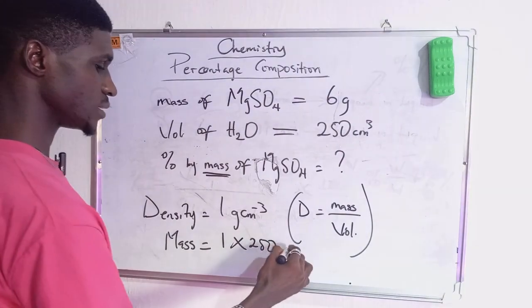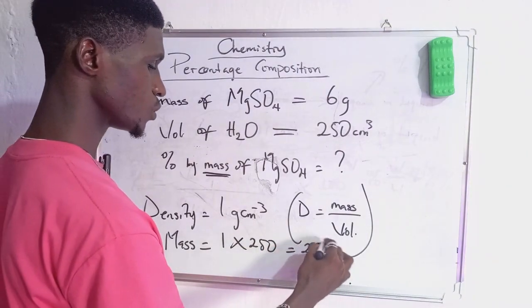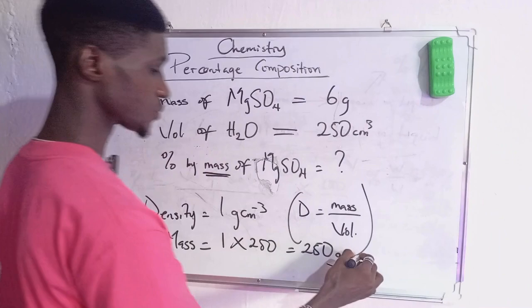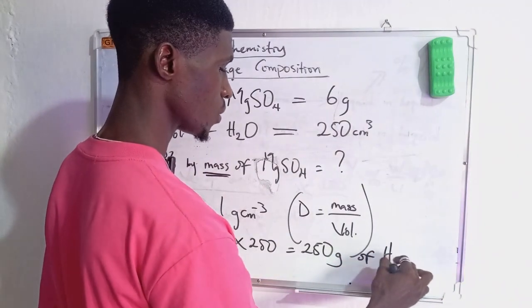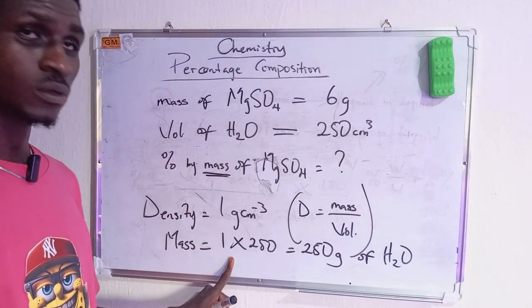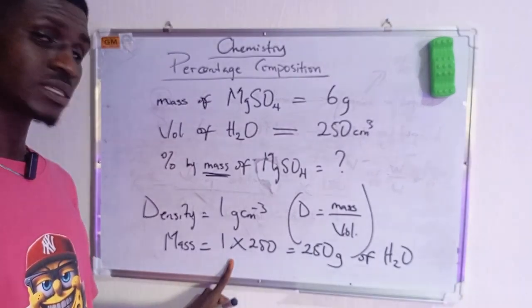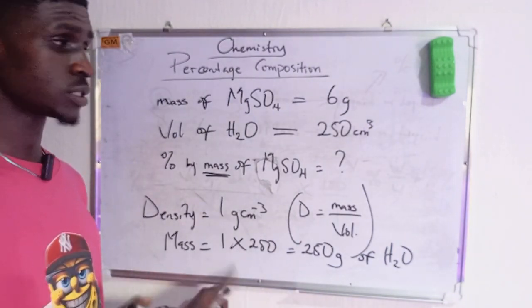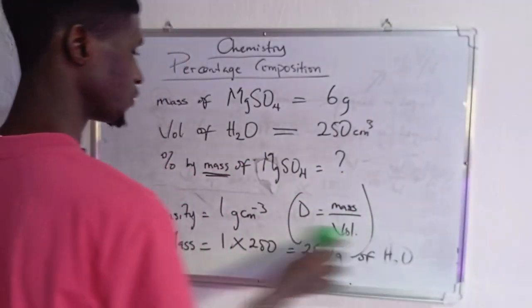So when you multiply this, your answer will give you 250 gram of water. This is the mass we are going to be using. We will now place it in that formula that I initially gave. Okay? Now, to solve this,